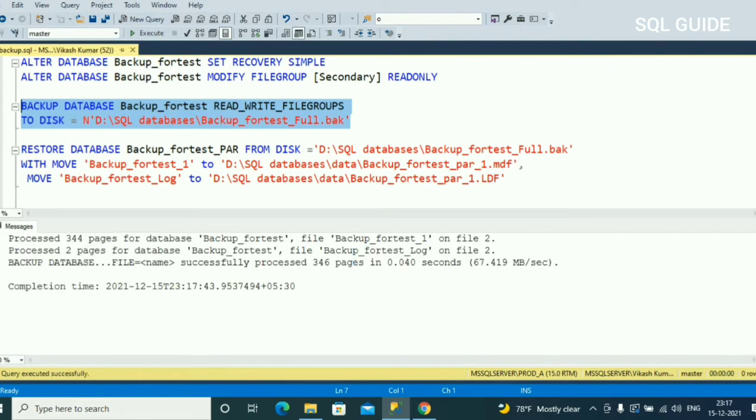You can see partial database backup completed successfully, but you can see here the first file is backed up, which is the MDF, and the second, the log file, is backed up, but the read only file is not backed up.